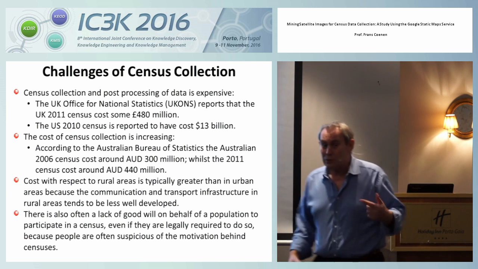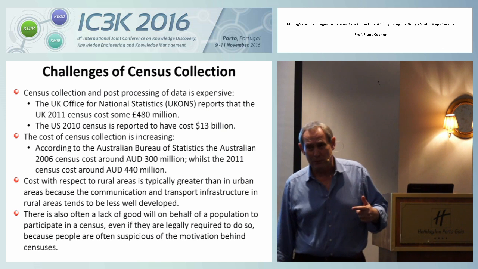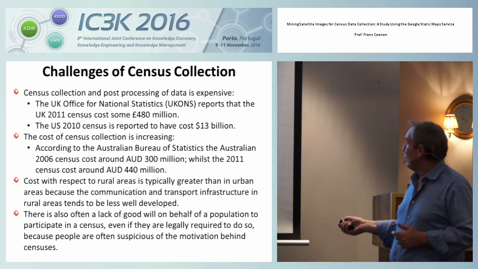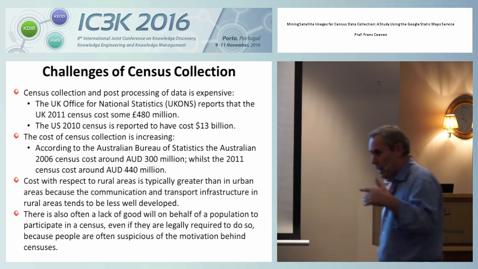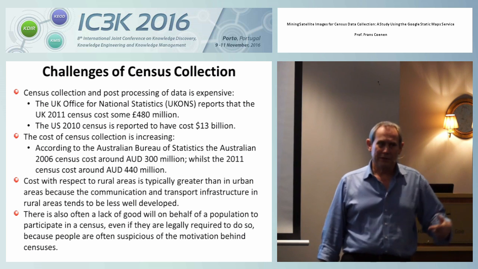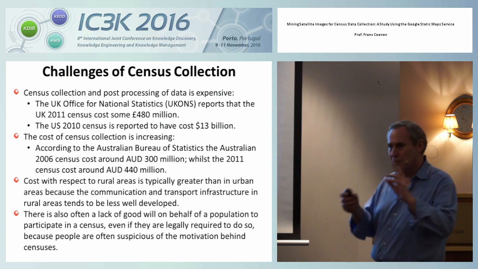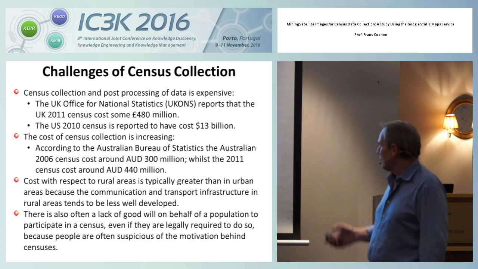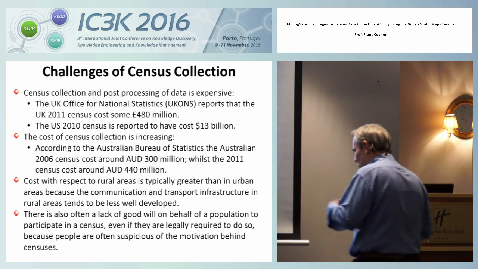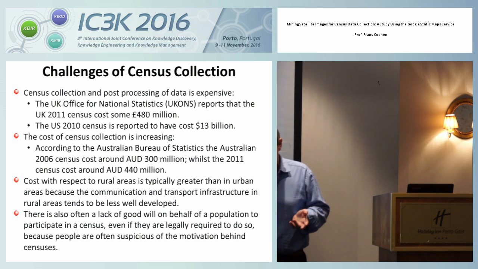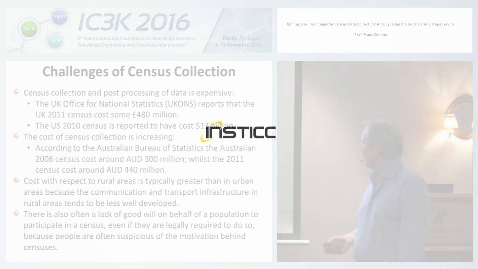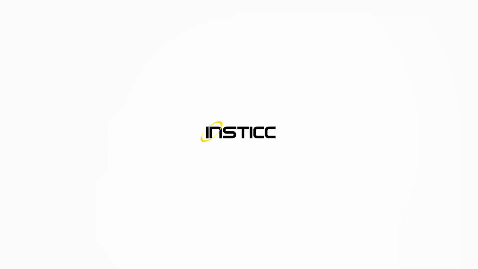And actually in the UK, we're talking about collecting censuses in many different ways rather than the traditional way. Similar figures apply for the US. And we can see as well that the cost of collecting census data goes up. Every time one collects, it's more and more expensive, both the processing and the collection. And in rural areas, it tends to be more expensive because there's no infrastructure, and depending on where you are in the world, the infrastructure can be very poor. And one thing to note is that there's often